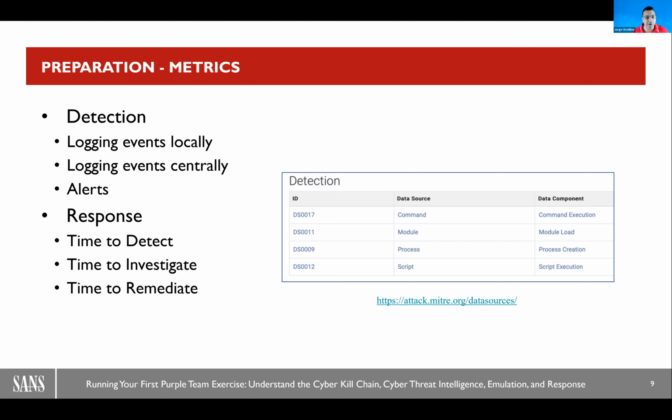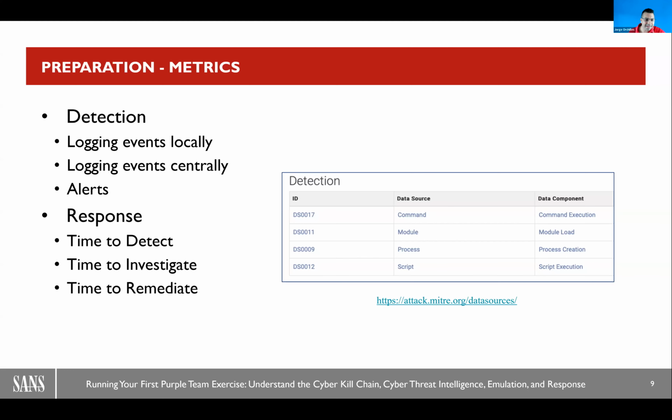The other metrics we like to see are around time. When we hear of a new cyber threat intelligence report, we always see time as a metric. How long was the threat actor in that target system? What was the dwell time, right? So when we talk purple team exercises, we want to measure that as well. We want to see things like time to detect, time to investigate, which generally requires people, and time to remediate and really mitigate that attack. So lots to cover in preparation. These are the ones that we're going to talk about here as we operationalize